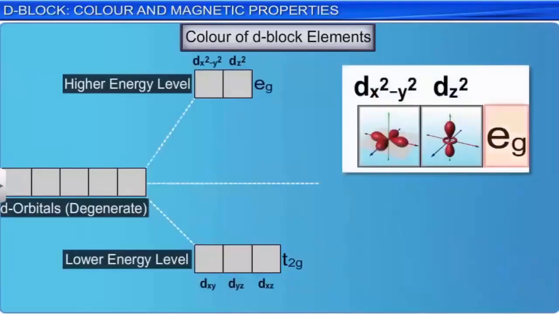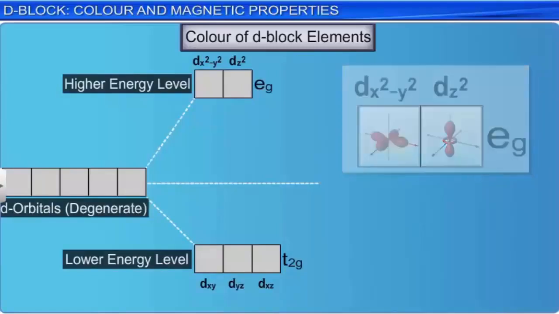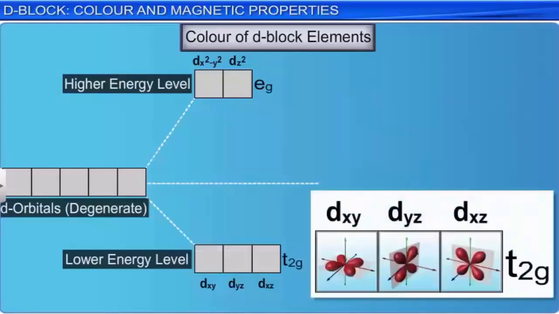One set, known as the Eg set, consists of two orbitals, dx square minus y square and dz square. The other set, known as T2g,